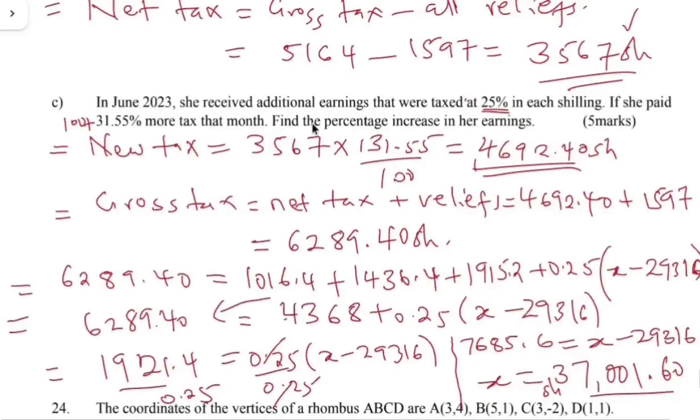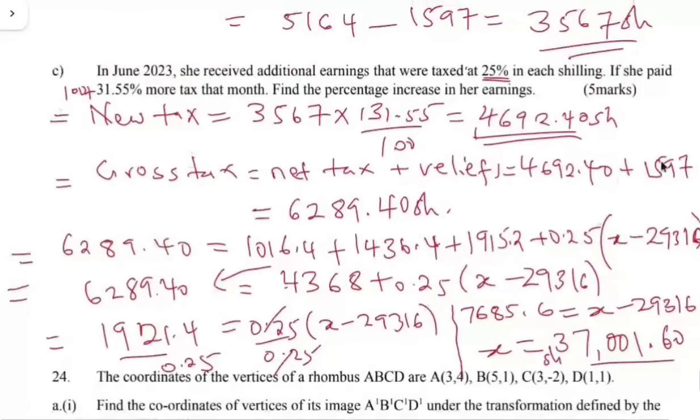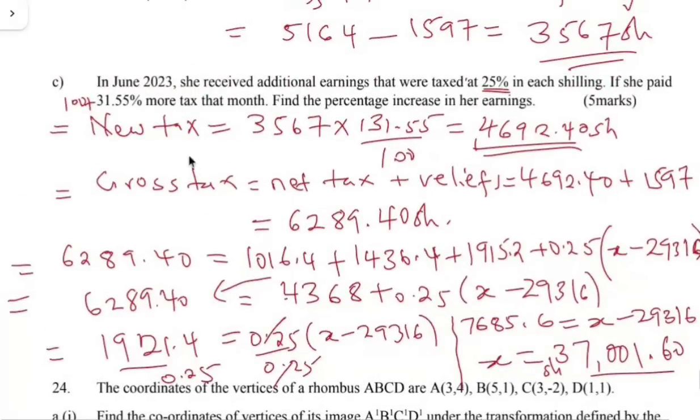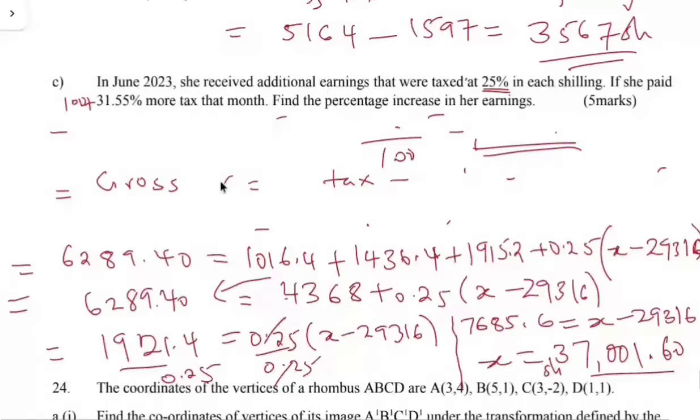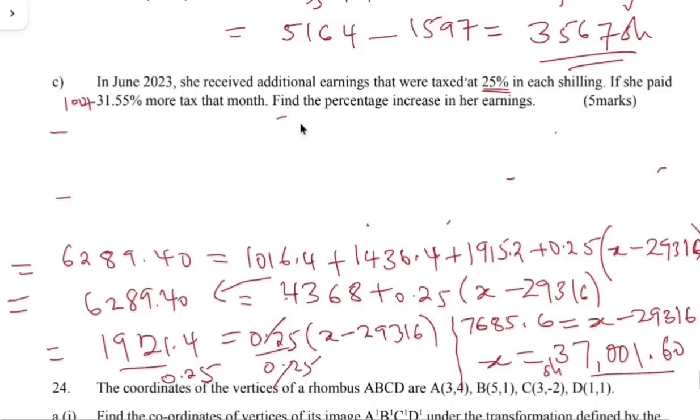The question says find the percentage increase in her earnings, which is also very easy. So let's just wacha tufute hapa kidogo tu, because you won't use much space. Okay, nadhani mpaka hapo tumeelewana. So this is your new income. Your new income ni 37,001. So kupata percentage increase, okay, you'll take your new minus your original,